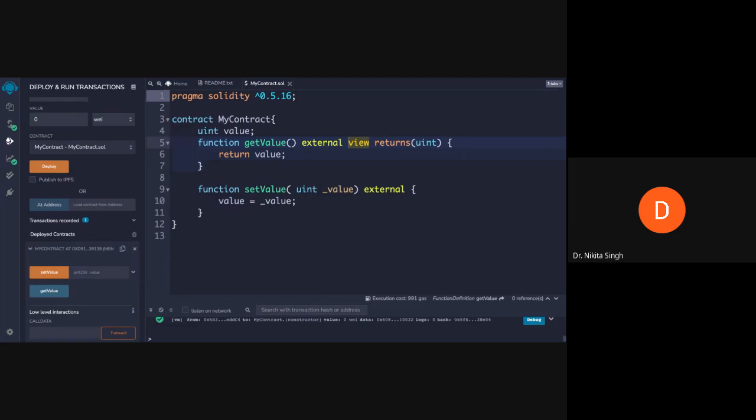That is, whatever value you are placing within your function, that value will be accessible to all outside the function. Now, public is a function that can be called from not only outside but from inside the smart contract. So this is the most permissive function visibility that you can use.